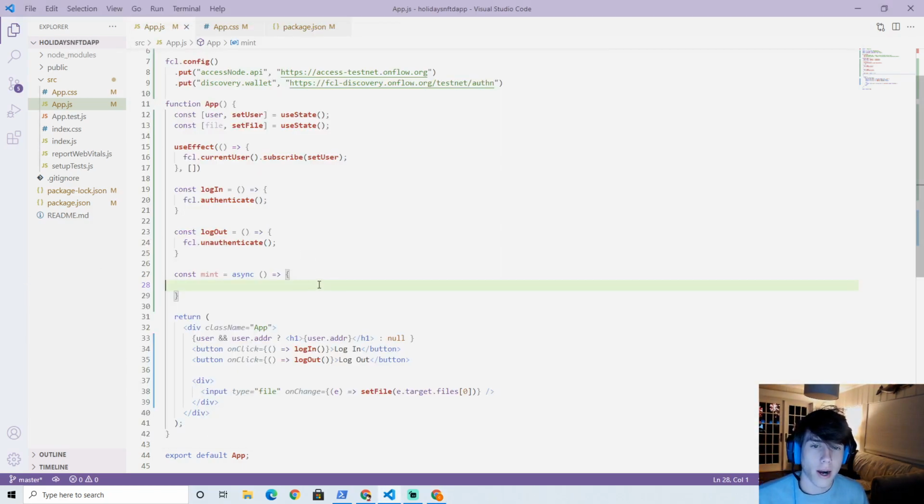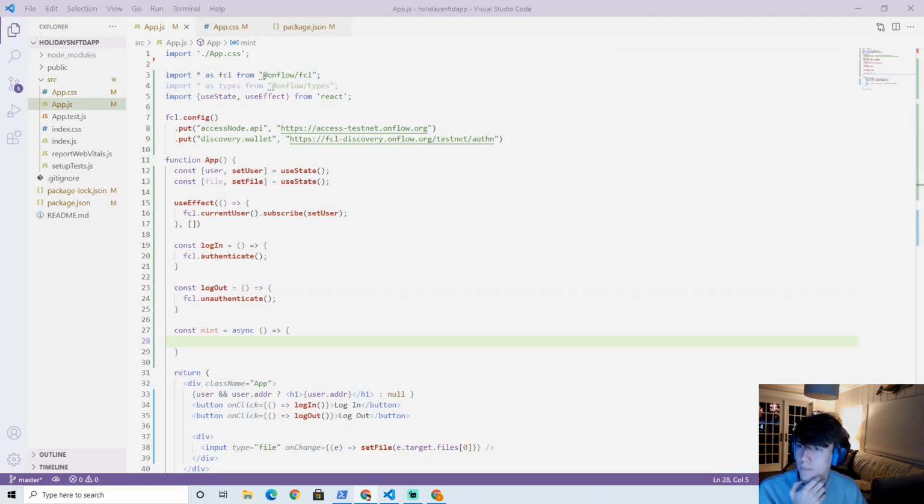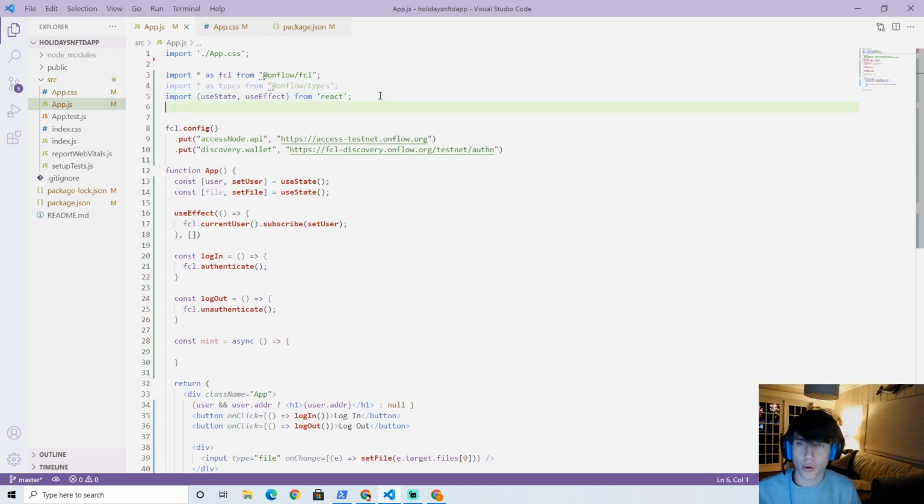Cool. Okay, so now when we go to Mint, we want to store this image on IPFS. Now, how the heck do we do that? That's sort of getting into the weeds, right? Well, what we can do is import. Remember, we installed IPFS HTTP client. We can import that here. So let's go ahead and import specifically create from